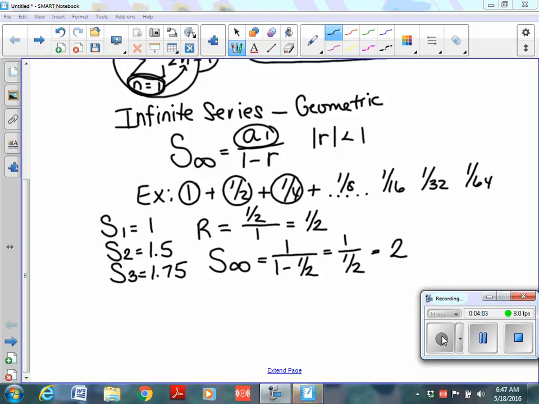If you did 1 over 64, that is such a small number that it's not going to do anything to the sum. For example, 1 divided by 64 is 0.015625. So, what this is doing when you add these up is it's getting closer and closer and closer to 2. It'll never pass it because it keeps getting smaller and smaller and smaller. This one though,